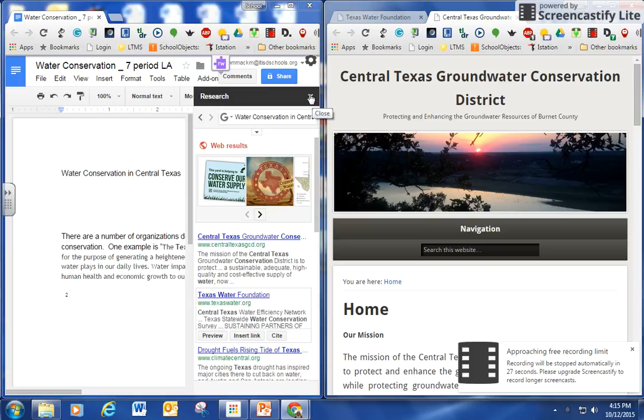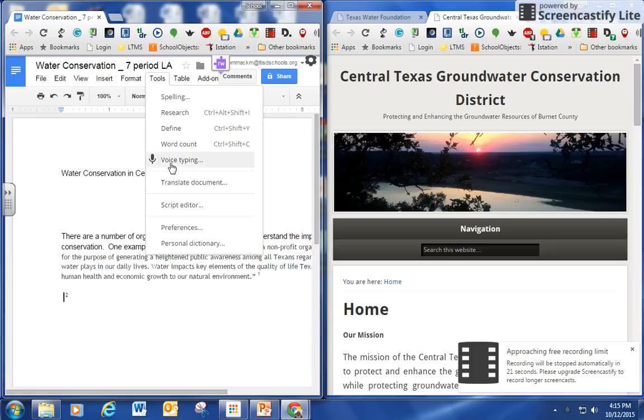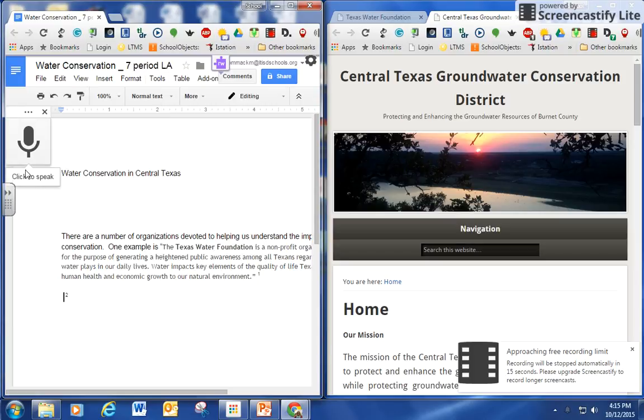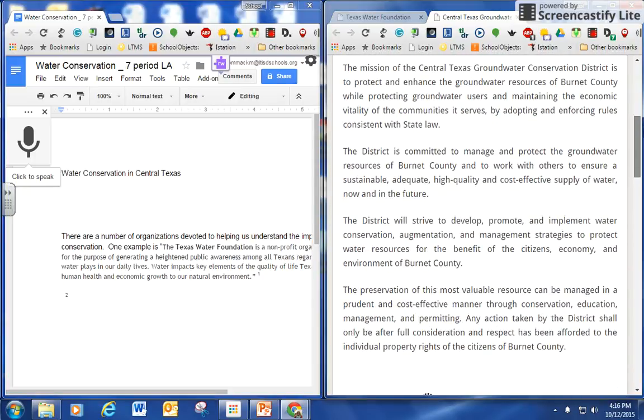Now, what I could do, I'm going to turn this off for a second. You don't have to turn it off to use this, but if you want to see more of the page, it's good. I'm going to use voice typing, and once I click on this, it'll type what I'm saying. You can use this speech to text tool without research, obviously, but if you wanted to just look at